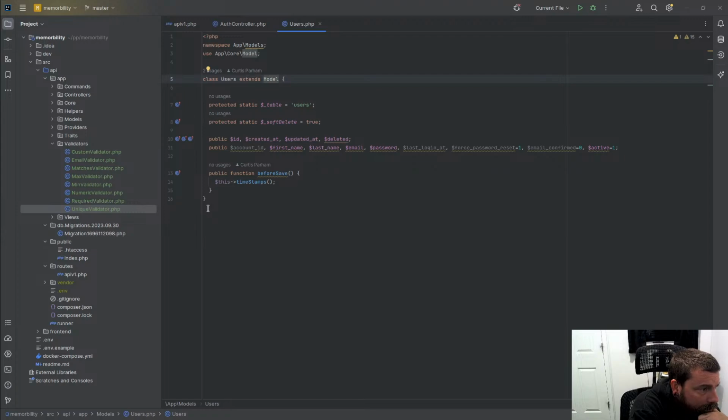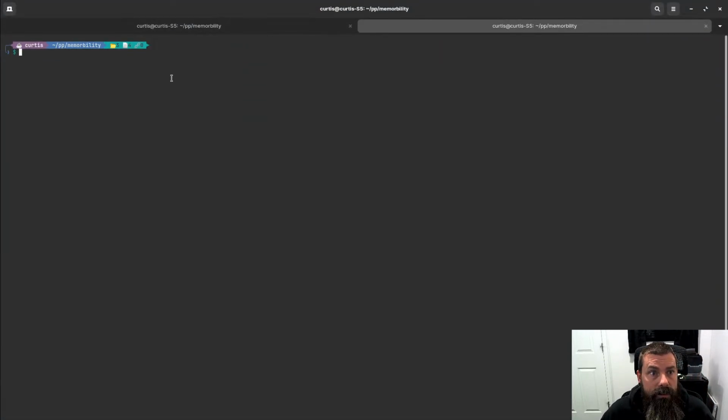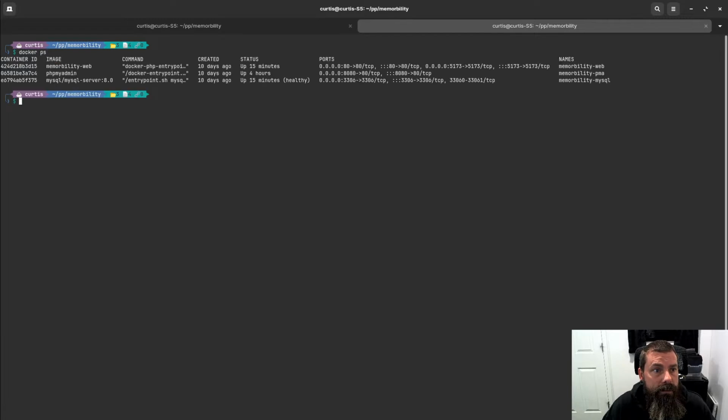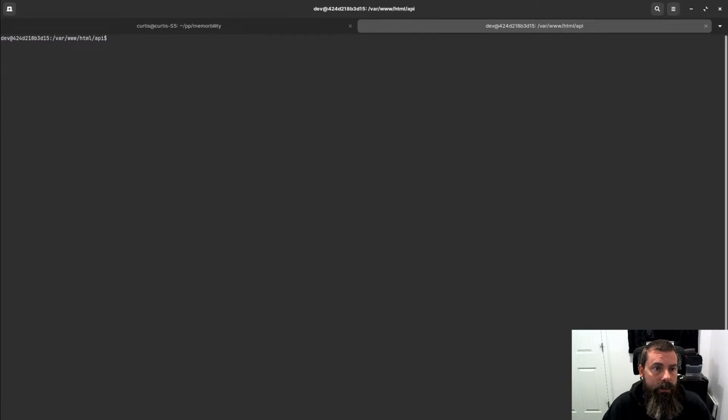We're not going to be bringing in too many libraries, but this one, let's just go ahead and Docker exec into it. So I'm going to look at my container ID here. I'm going to copy that. We'll do docker exec -it bash, and now we are in that container. So if I ls, you can see we have a front end and a back end. I'm going to go ahead and go into the API. And from here we can run composer commands. So I'm going to do composer require